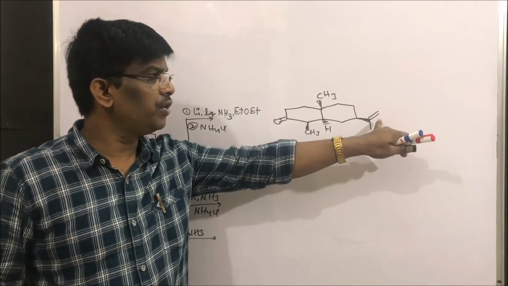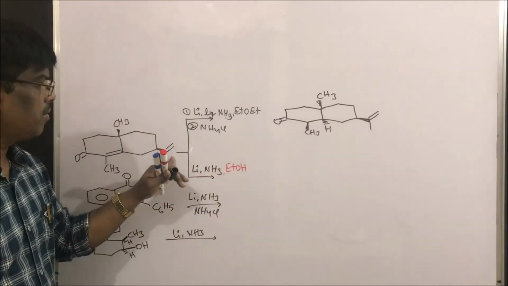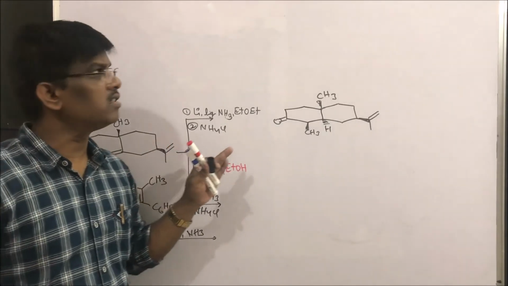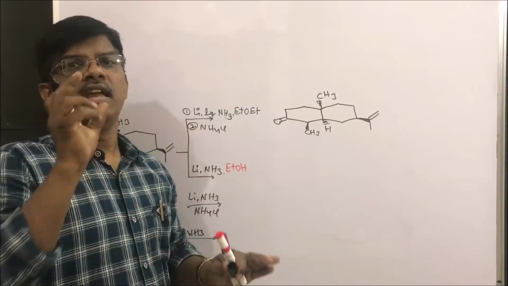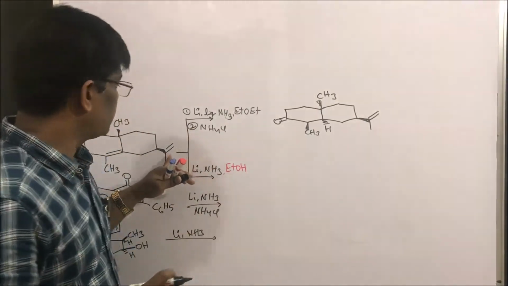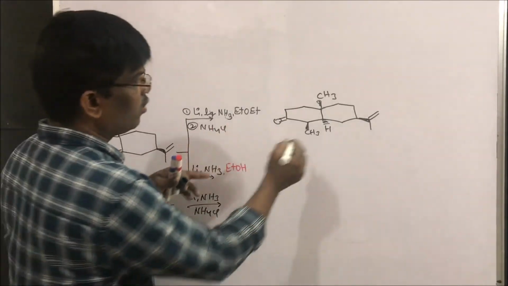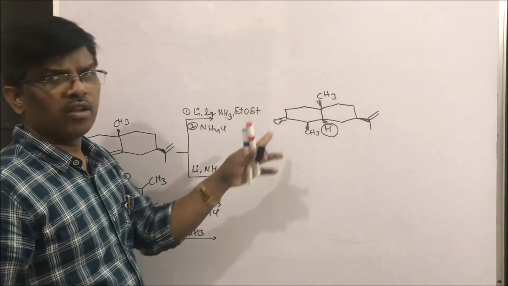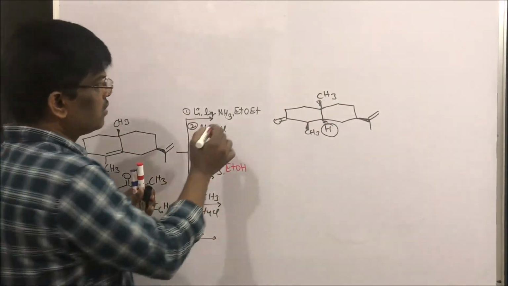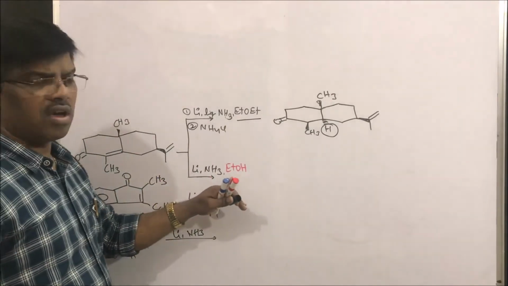So this double bond also is not going to be disturbed. That is why, to confuse you, they have given a double bond here. Isolated double bonds are intact. Isolated double bonds do not undergo Birch reduction. It is the thumb rule. We are getting a ketone, and this hydrogen is trans to this existing methyl group. There is no confusion. In this reaction, the beauty is we did not use alcohol.